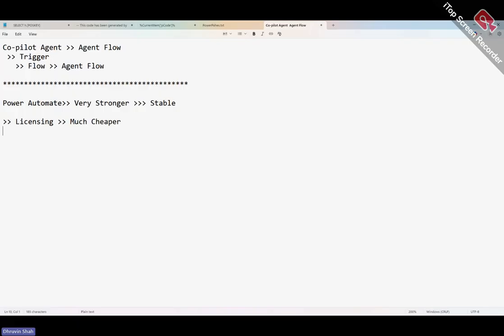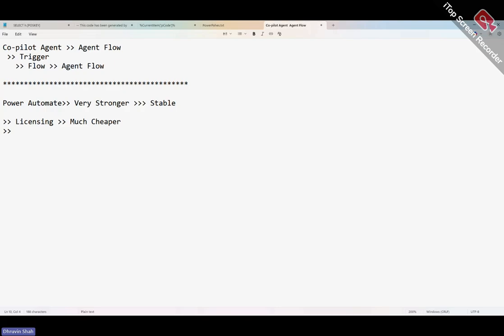Second thing is that for any automation you are doing right now, if I want to do some email notification, or some sort of complex automation like approval and many other things, I would go with only the Power Automate route if there is no agent concept in my project. So wherever there is no agent concept and whatever process automation you want to do, always use Power Automate at this point. You don't need to convert it to agent flow,